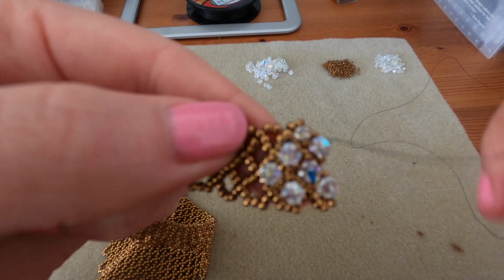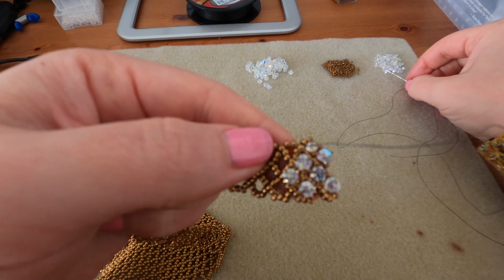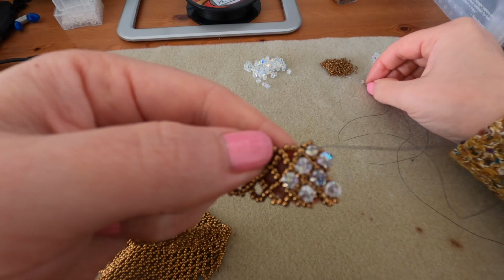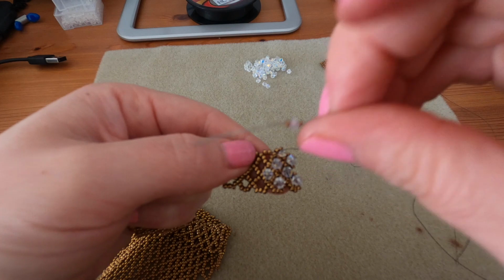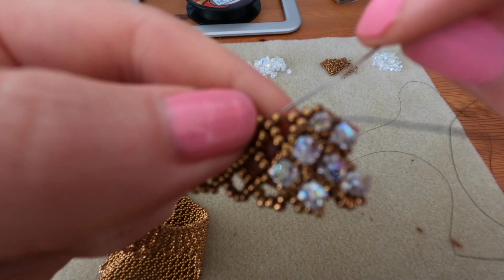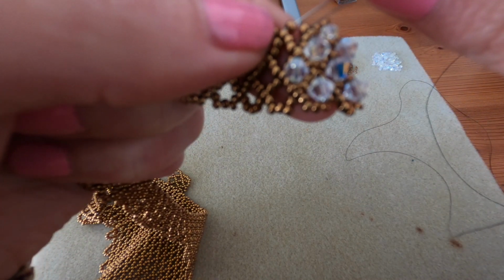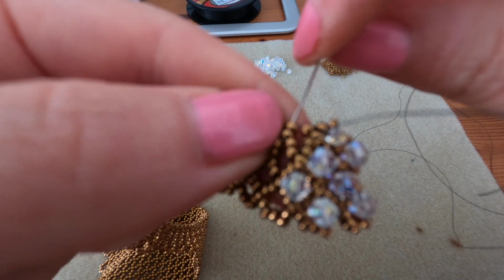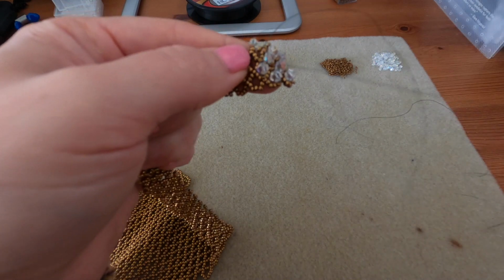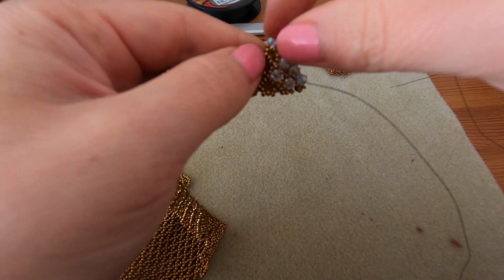Right now I am at the little pocket, so I'm picking up 1 seed bead, 1 3mm and 1 seed bead, just like that, and entering my left seed bead between these two top seed beads and straight into the top seed bead of the pocket from the next row. Right, pull your thread,